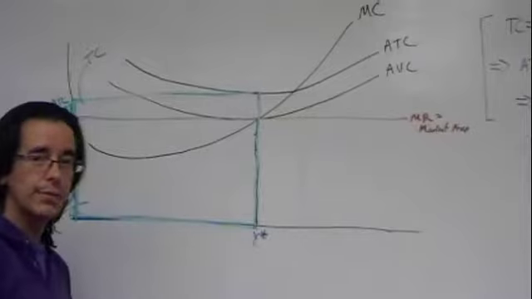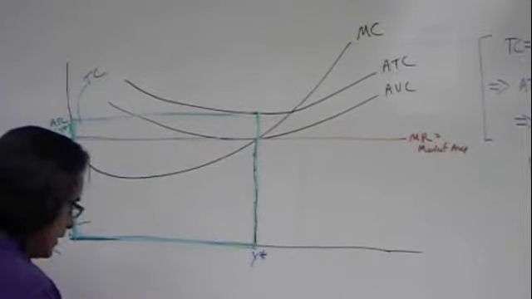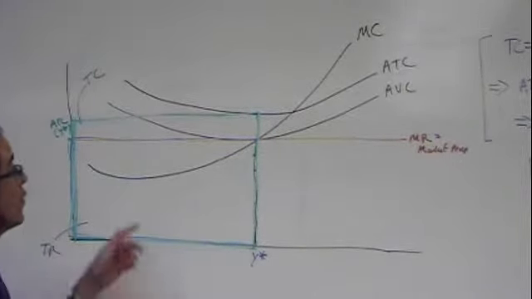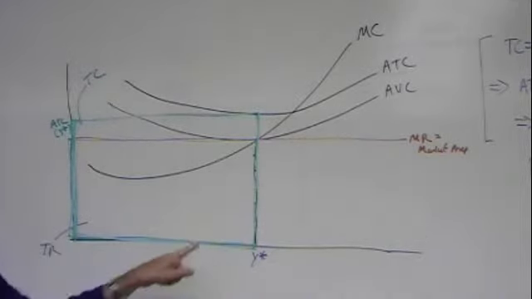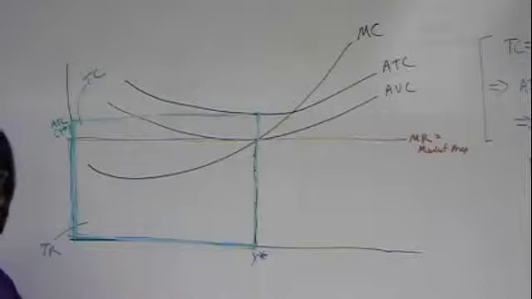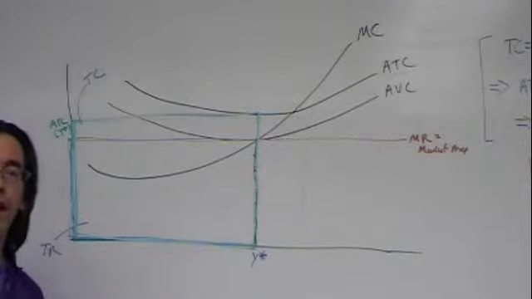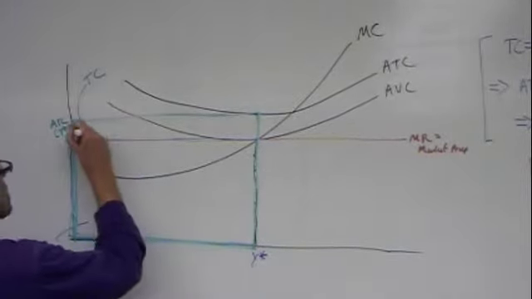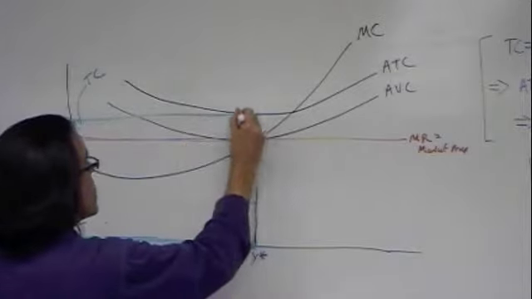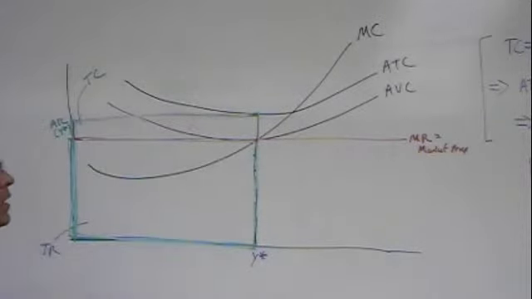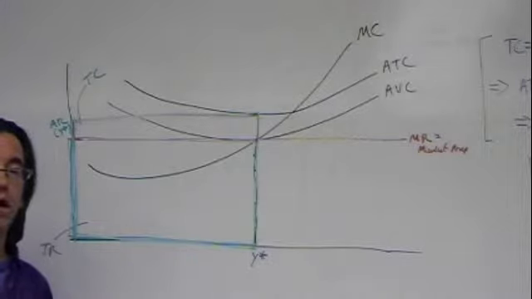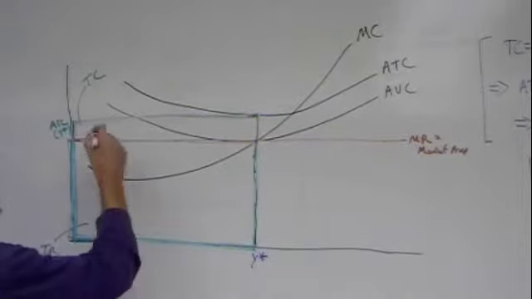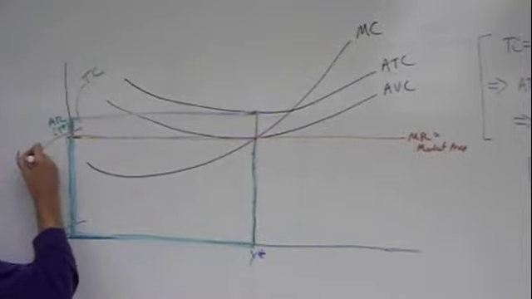Again, just following the same thing we've been doing for a while. And so what are we left with? First of all, you should notice that the total cost box, this big thing, is larger than the total revenue box. So we're going to be talking about a negative profit. This box right here is our profit, but it's a negative profit because the total cost box is greater than the total revenue box. So this is a loss.